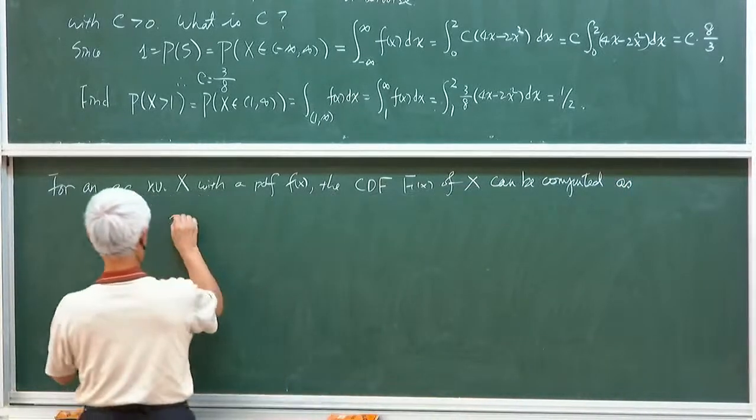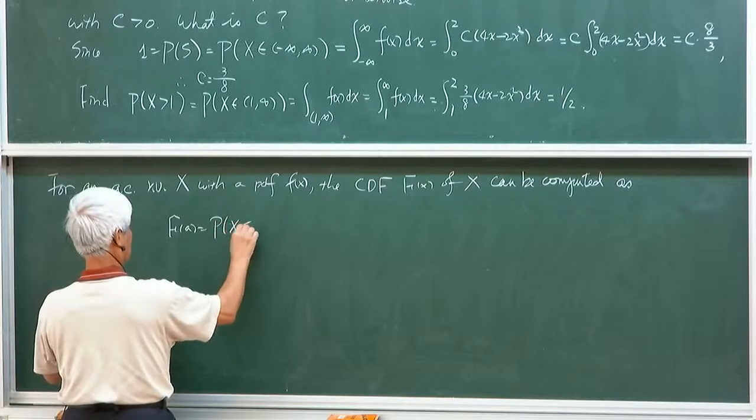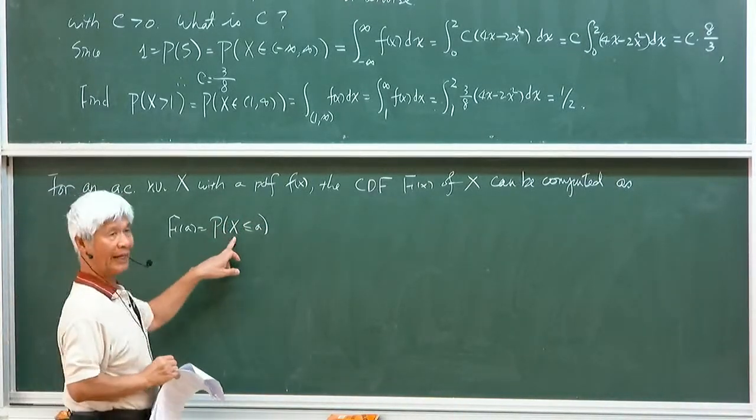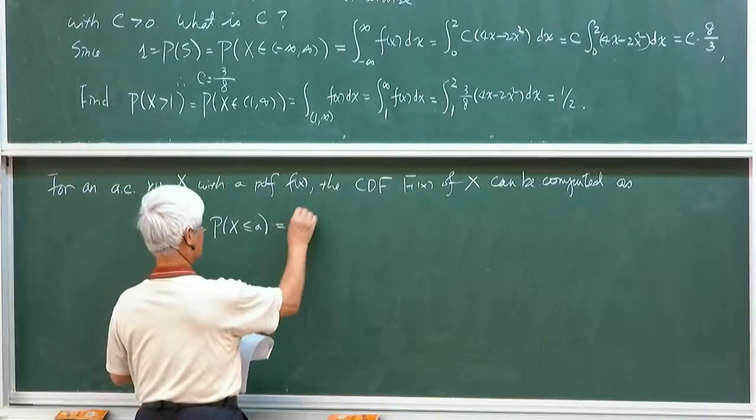So F of a is the probability of the event that the random variable has value less than or equal to little a. So this is equal to,